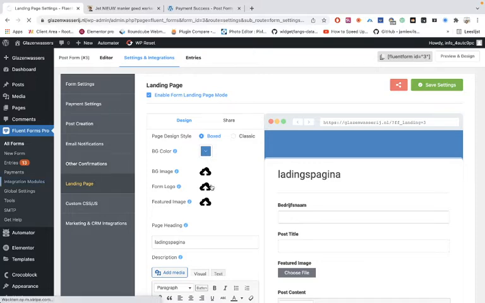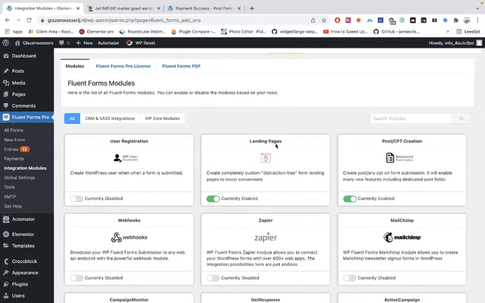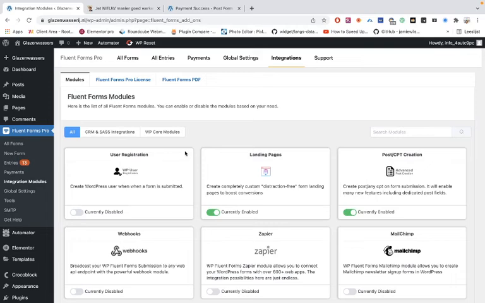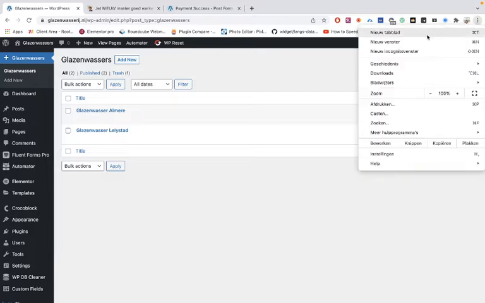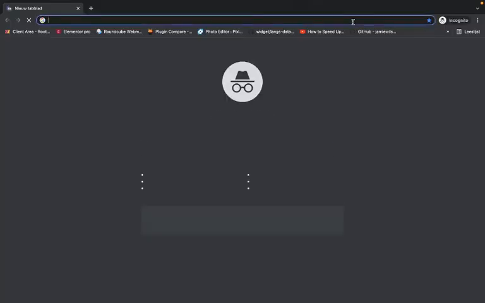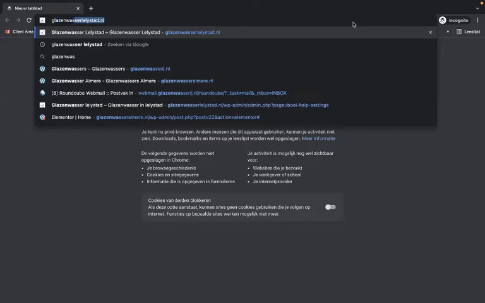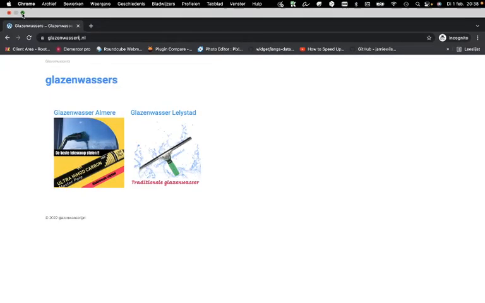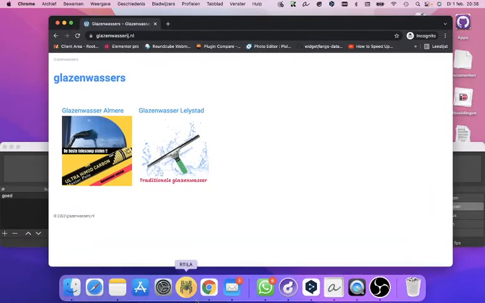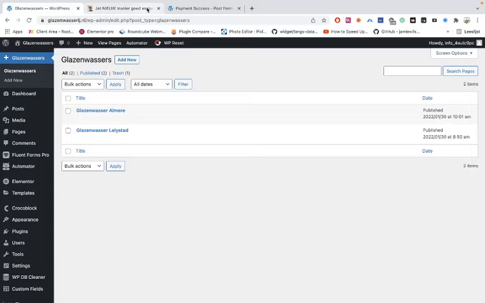you go to the integration modules, and then you have to select the landing page. And once you have done that, then you can use that landing page. And if you can see here, there are only two posts. So these are the two posts, and let's do it in an incognito window. And you see here the two posts. There they are. And when we go to Quriobot and preview the bot,